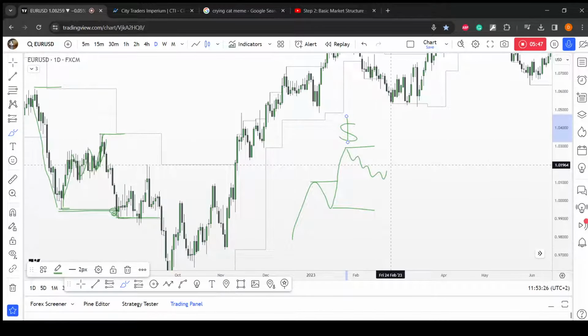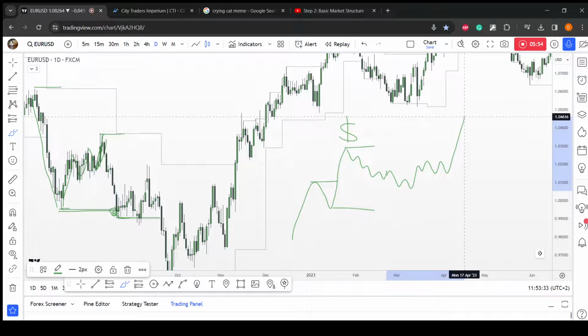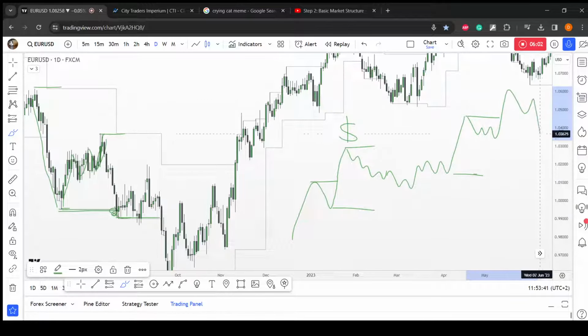Okay, it's a really simplistic explanation, but you can expect that sometime in the future we will have one more break, and then after some consecutive breaks of structure, your expectation will shift more and more into pullback. I don't say that you need or want to trade it, but